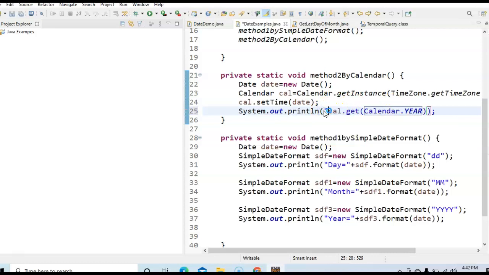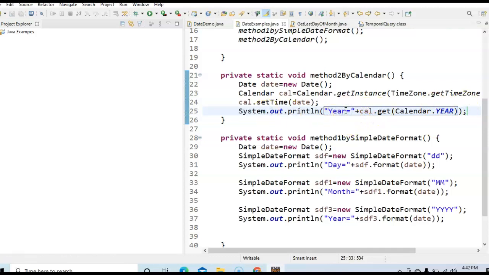So just give here values: year equal to, so here just add the plus statement. So this is how we print the year.